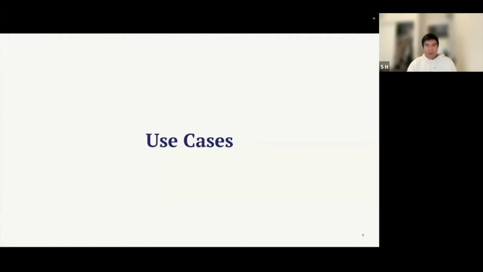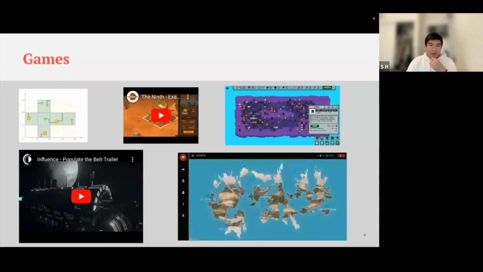So just to continue, what are the specific use cases? In this section, I'll focus on the use cases that we've seen emerging in the StarkNet ecosystem. I think games is the really obvious one, right? Because StarkNet is a much more scalable blockchain, people can really do a lot of on-chain gaming. What's really interesting with on-chain gaming is you can define the games via a smart contract, and then people can play on it. And if you don't like the rules, or you prefer to play a game in a different way, you can deploy your own version of those games with your own rules, and people can create their own ecosystem there.